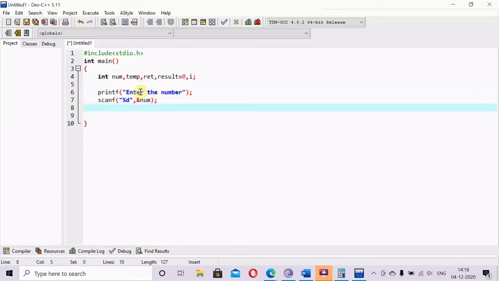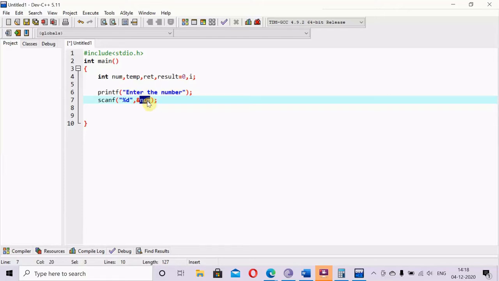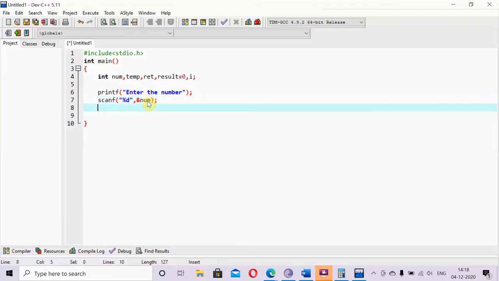So next, whatever number is stored, we have to store it finally into some another location. Because whenever we manipulate this number or do some arithmetical operation, maybe the same number can be changed. So we have to use that temp. The temp is the temporary data storage. We have declared this, this is the temp. We have to write temp equals to number. So this is nothing but we just copy the value from the user side.